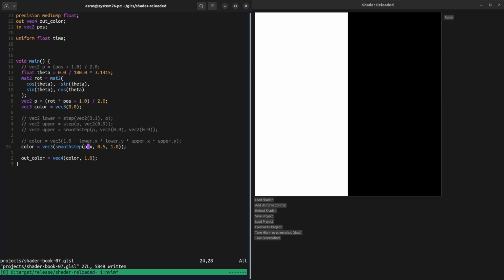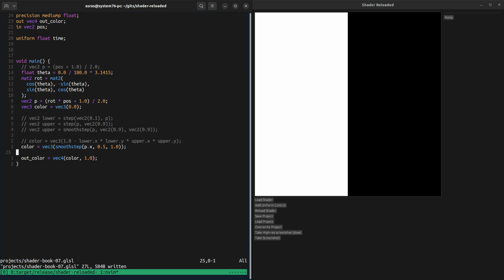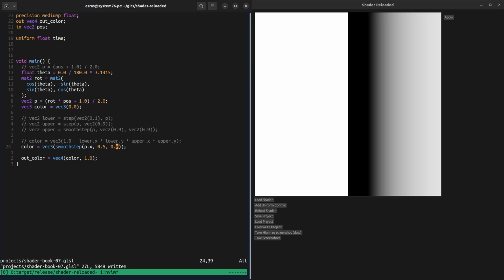So to me it looks like it goes from 1 and then directly to 0. If you do that,